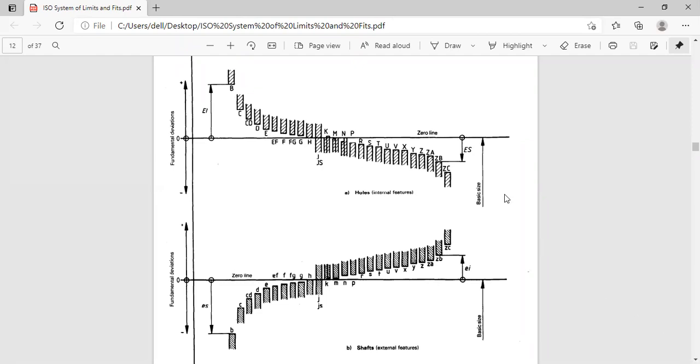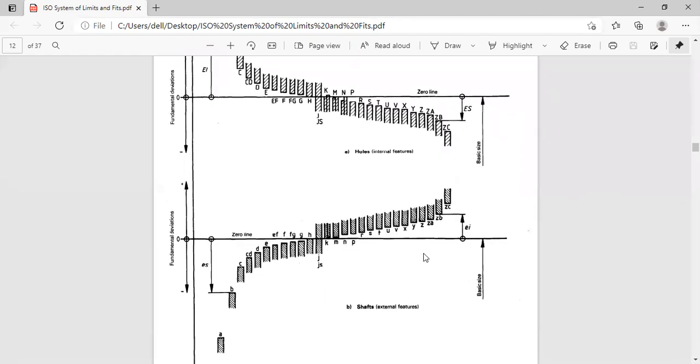So how to represent ES he has given. What is ES? Capital ES is the upper deviation. Capital A is the lower deviation. So again I want to repeat this. As for the shaft, this is the upper deviation, this is the lower deviation. Any line, any alphabets above the 0 line are the lower deviation. Below is the upper deviation. So opposite of this one.